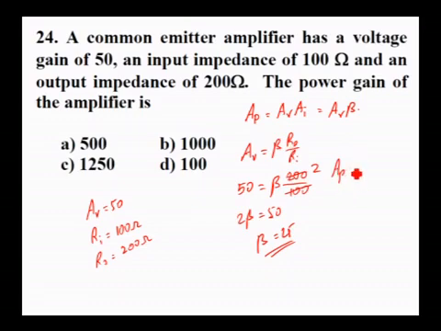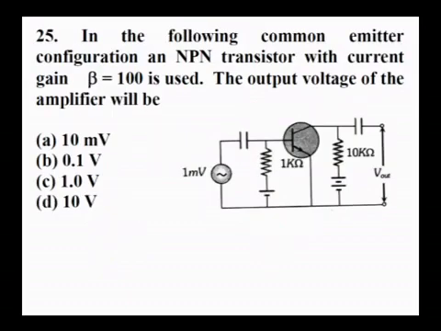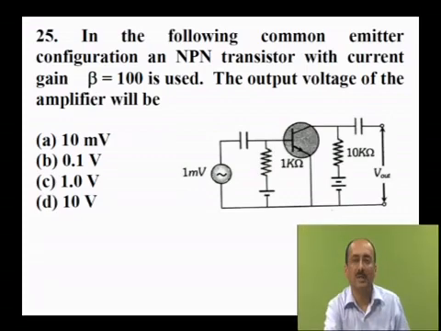Power gain AP will be equal to AV, which is 50. That is what I have substituted here. And AI, that is beta, is 25. So 25 into 50 is 1250. The choice is C. In the following common emitter configuration, an NPN transistor with current gain beta equals 100 is